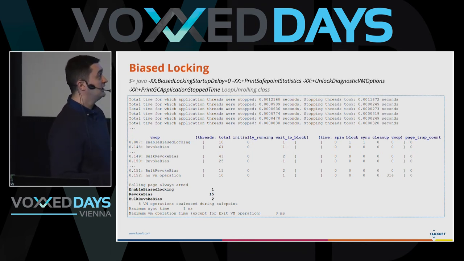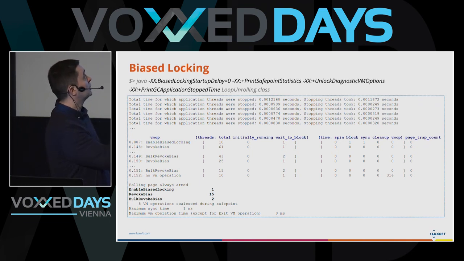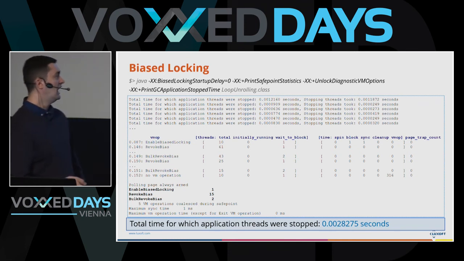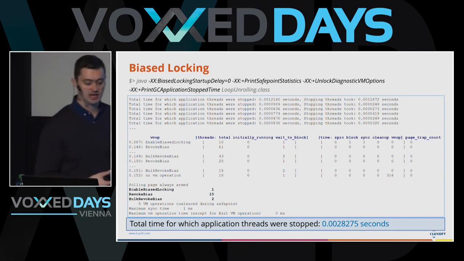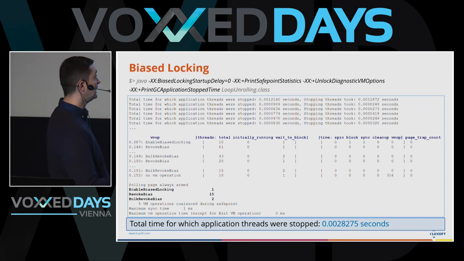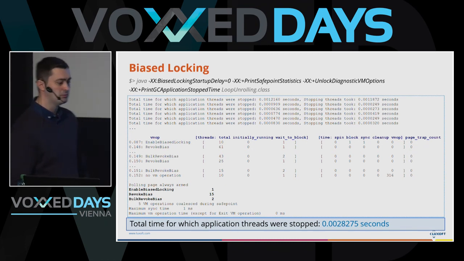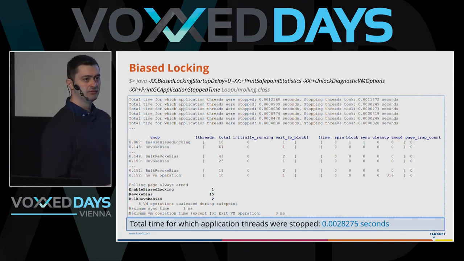And as we can see, the GC output is a bit verbose. It contains a lot of "total time for which application threads were stopped" entries. So a lot of them. I did a sum, and in my case, it's around 1 millisecond. Which means this millisecond was mainly spent in operations like revoke bias and enable bias locking. So we pay a lot during the runtime, 1 millisecond, mainly for this